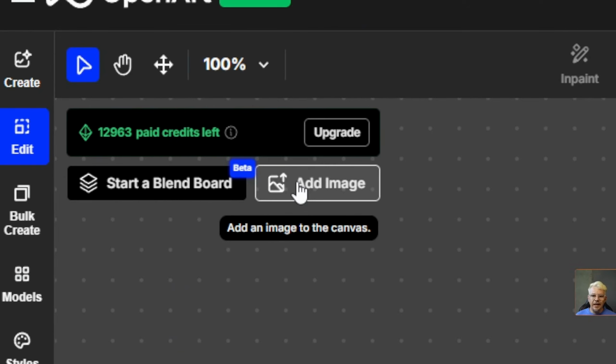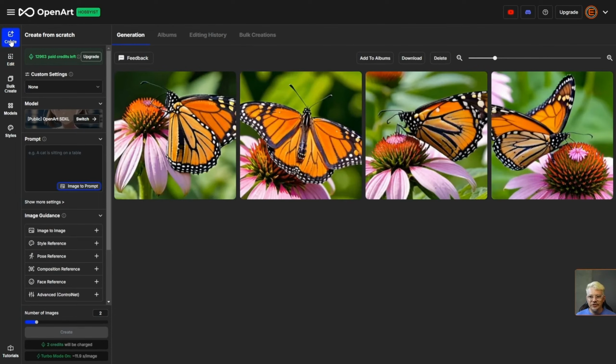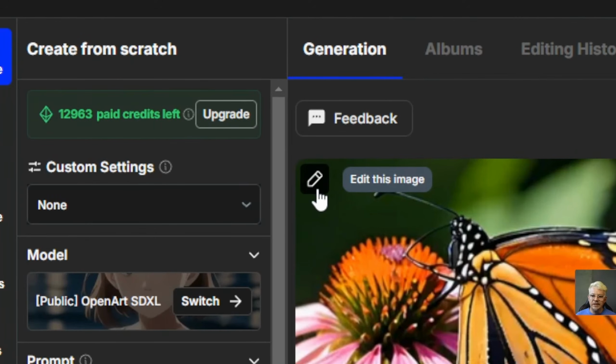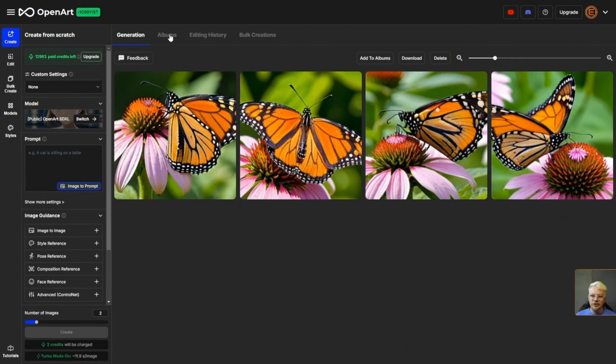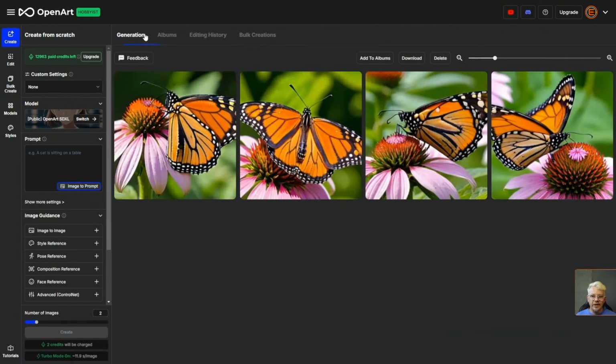You can either click this add image button to bring something in from your computer, or if you want to bring in something that you've created on OpenArt, just come to this top left where it says create, click that, it takes you back to your generations page, click on the little pencil icon to edit, or you can switch over to your albums from here and pick whatever image you want, just click the pencil icon,